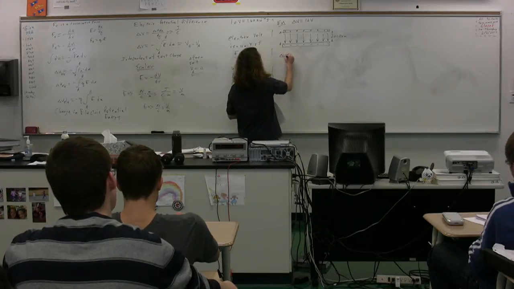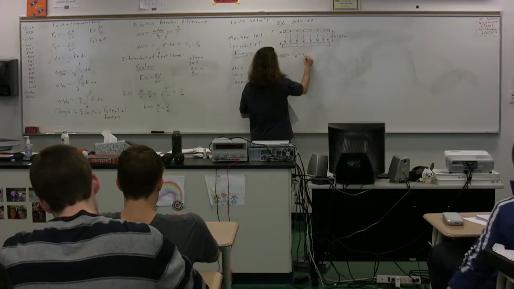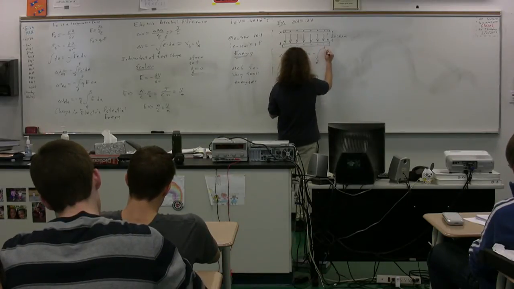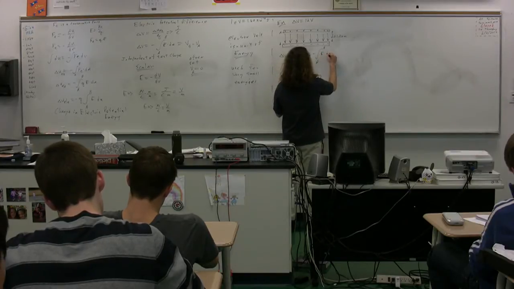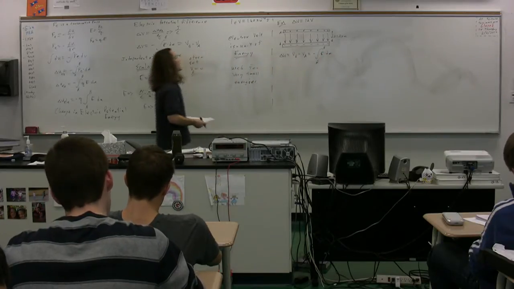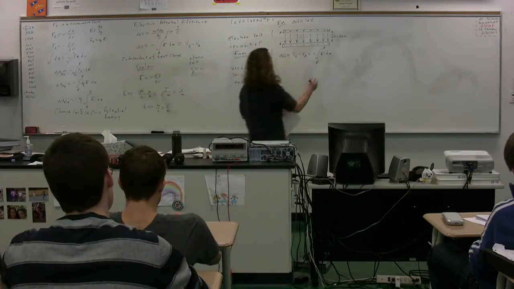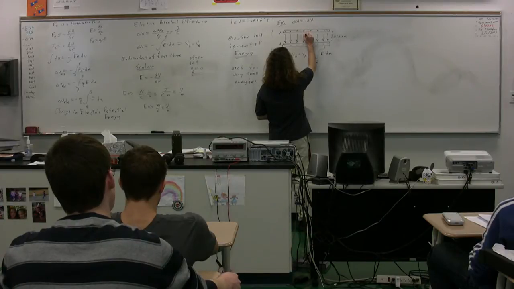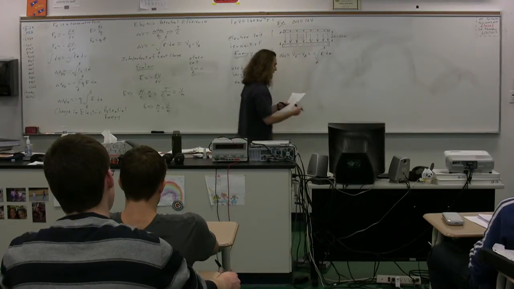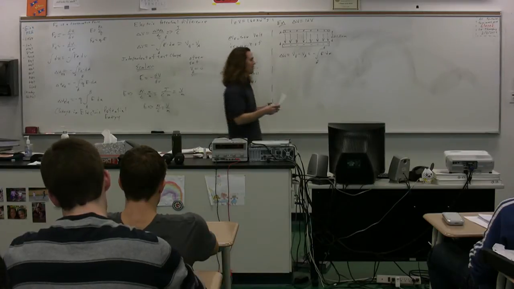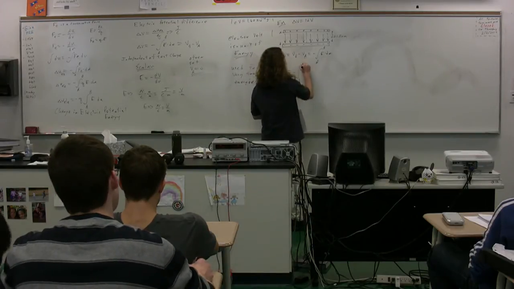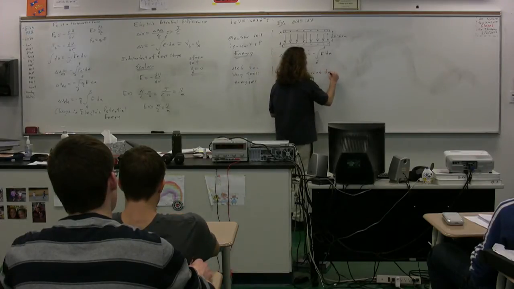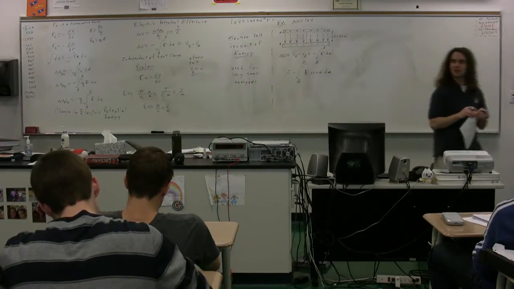So electric potential difference, VB minus VA, the potential at B minus the potential at A, is equal to the negative of the integral from A to B of the electric field dot product with ds. So as we go from A to B, we're going to go directly from A to B. Therefore, this is going to be equal to negative of the integral from A to B of E cosine theta ds, because it's the dot product. What then is theta, the angle between